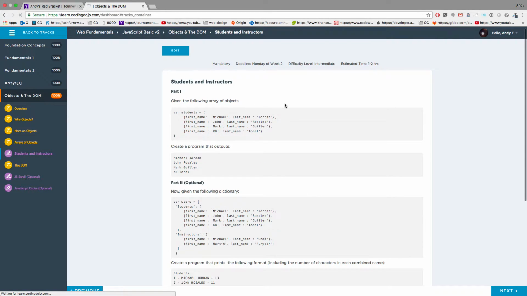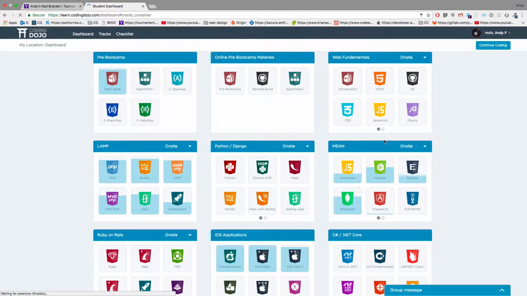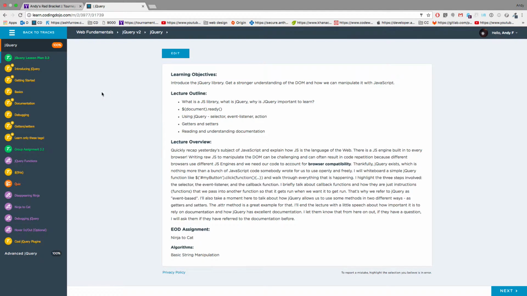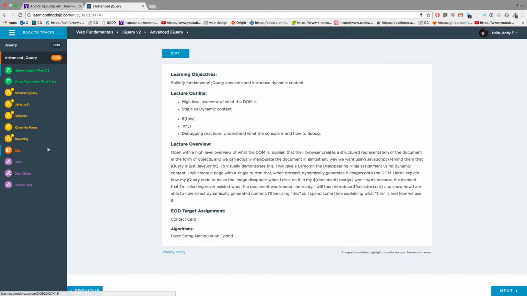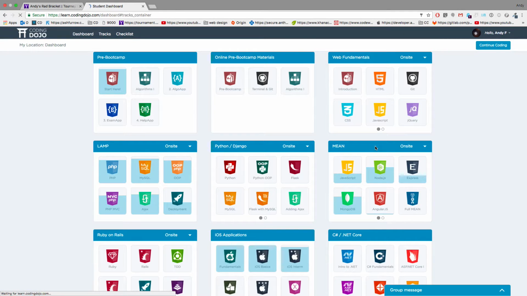Tomorrow, we're going to cover jQuery. This panel here will be the first part of jQuery. We're going to get that done tomorrow. And then on Wednesday, we're going to go into advanced jQuery and this stuff. So we have 2 days to get through jQuery. And then on Thursday, we're going to go through APIs and AJAX.